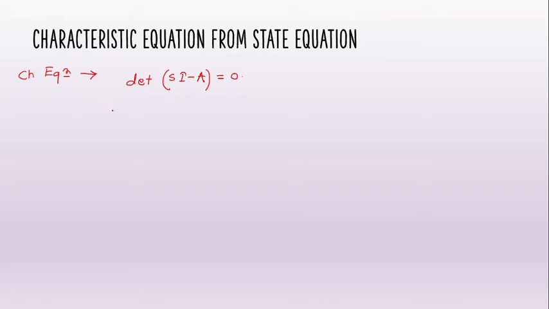I have a system where x dot is, A matrix, minus 3, minus 2, minus 1 and minus 2, and the B matrix is 1, 1, with input u. I am not writing the Y matrix output equation because to get the characteristic equation we only need this A matrix. So as it is a 2 cross 2 matrix,